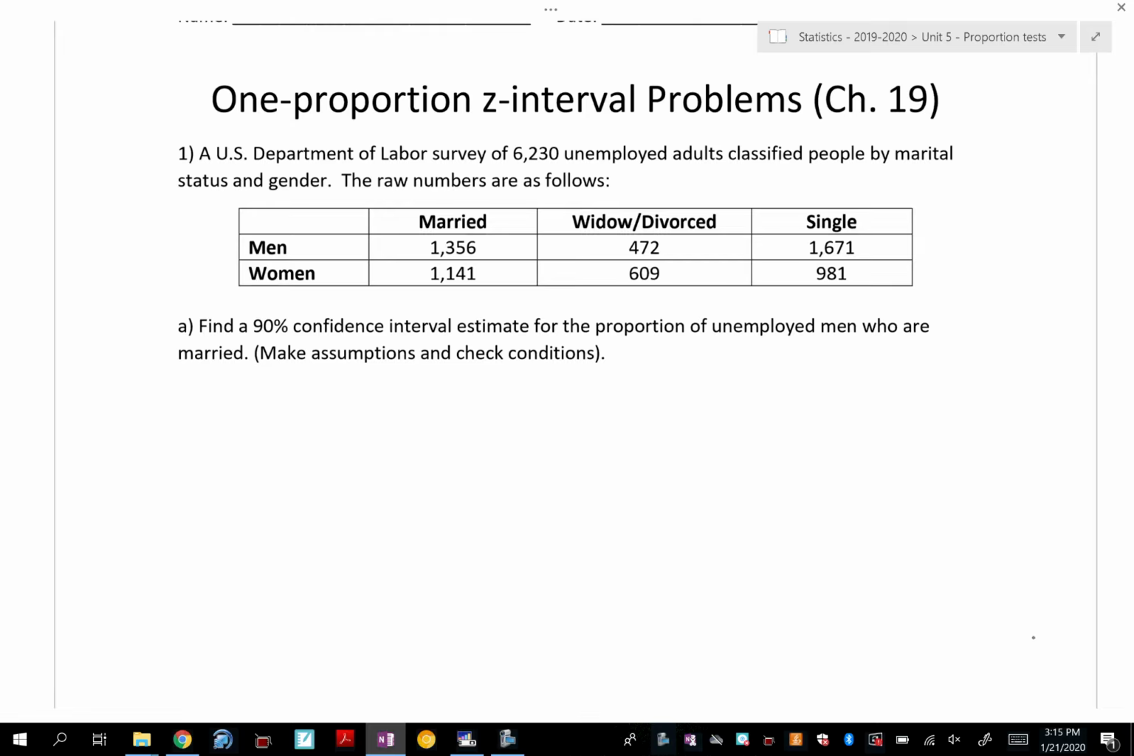Hey, y'all. Yes, excellent. Everyone's listening. So we have a one proportion Z interval problem that we're going to run. We have this little tiny table of data from a survey of 6,230 unemployed adults, and they checked a box for what they deem their marital status and gender. Okay? That's all we've done. All right, so it asks us to find a 90% confidence interval for the proportion of unemployed men who are